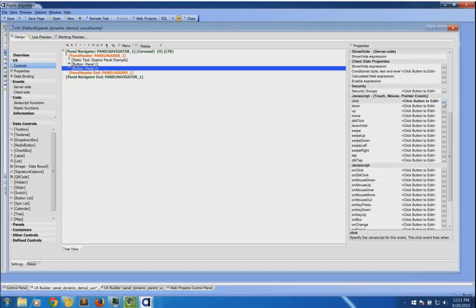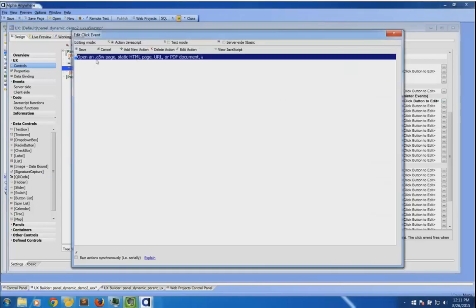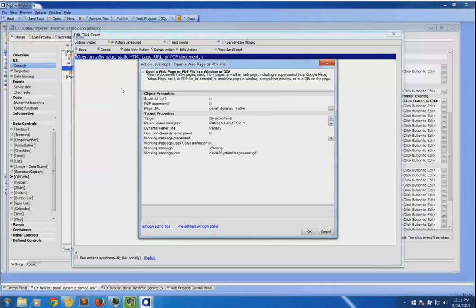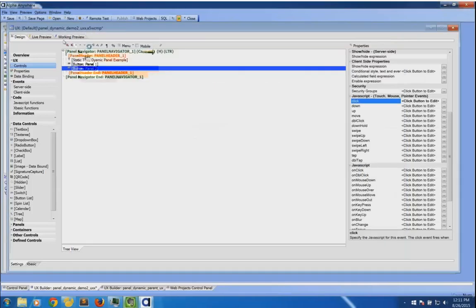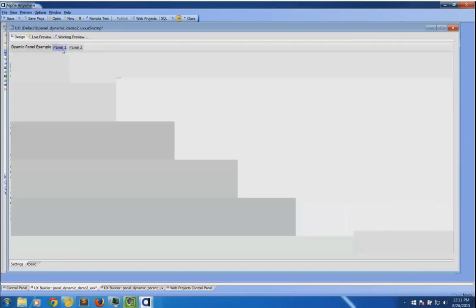And now I can go to my button Panel 2. I'm going to click on the click event. Again, we have an Action JavaScript where I'm saying open an A5W page. I double click on that. In this case, I'm clicking page URL of dynamic 2, that second page I created. And again, I'm using the same technique here where I'm saying open that in a dynamic panel, panel navigator number 1. Okay. And so therefore, when this runs, when I click on this button here, it goes into my system,